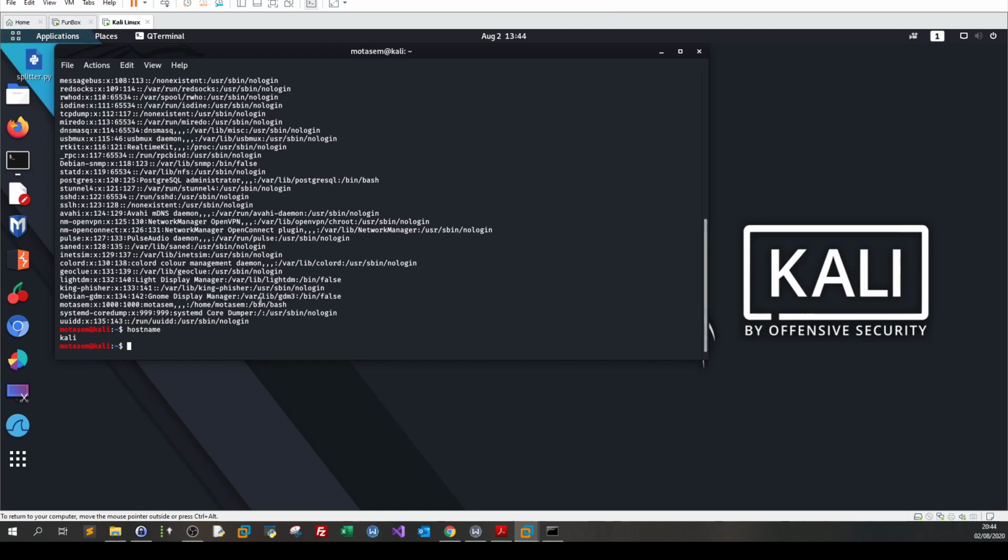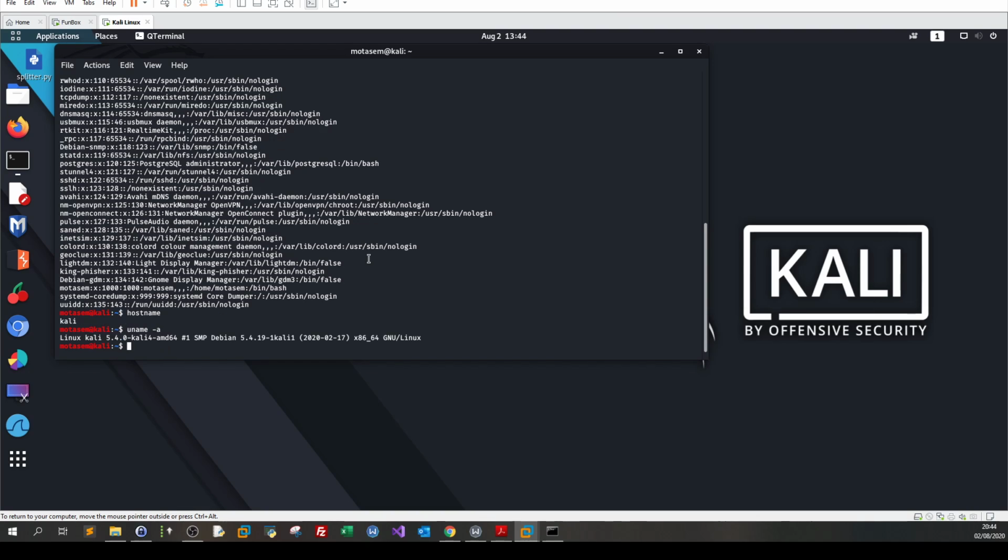So since attacking a target with a mismatched kernel exploit is risky, let's say here the version. Let's find the version number of the system. So uname on Linux. So that's the version, right? So this version, if it is vulnerable, it's going to have a matched exploit that only works on this version, right? So that's why the version of the operating system is very important, and don't try to